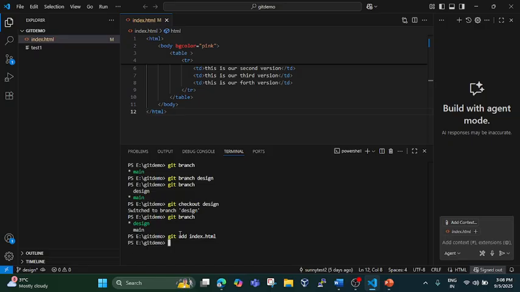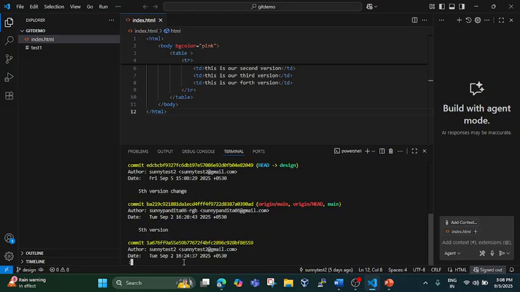index.html, git commit -m, and then give, this is okay, we can give third, fourth, fifth version change, and then hit enter. So if we now check git log, we are now in the fifth version change, and if we check the browser again and refresh,